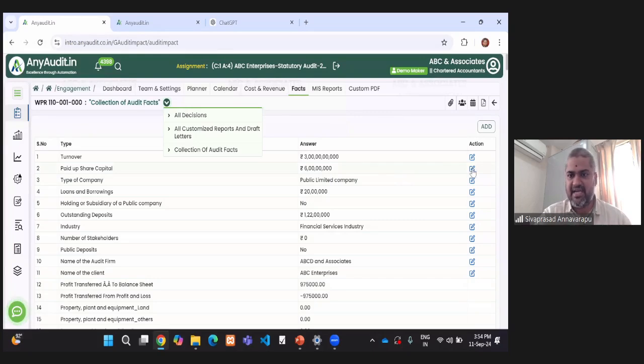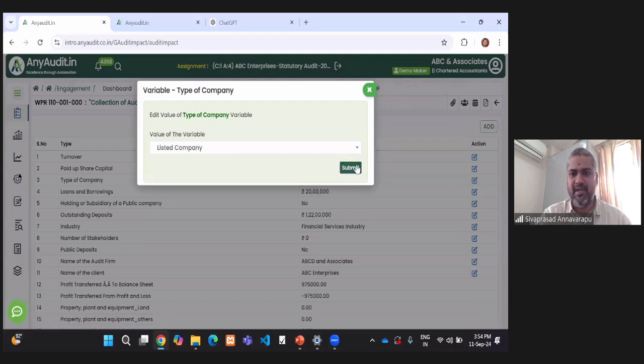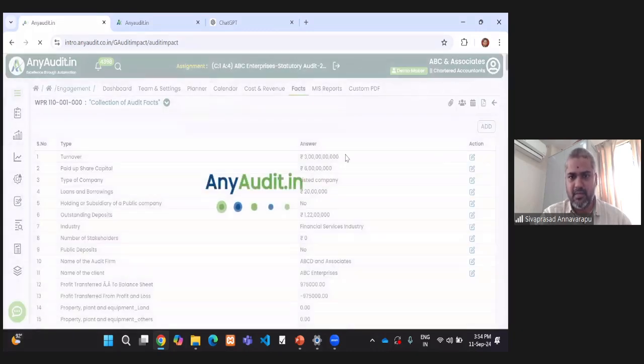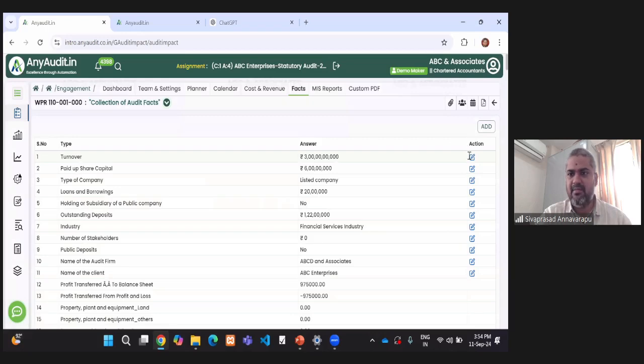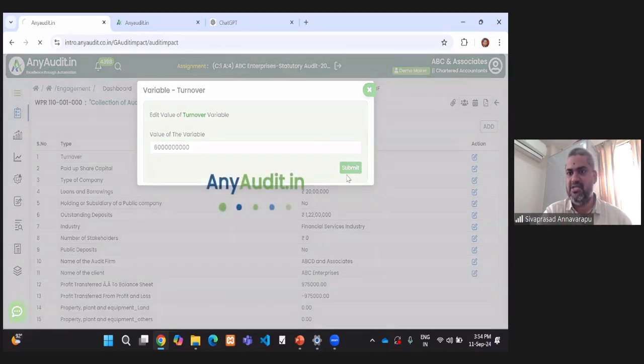Let us take it that I change this type of company from private limited to, let us say, listed company. And I alter the turnover from 3 crores, I'm making it 6 crores. So the moment I change it to 6 crores, the system considers this turnover and the nature of the company, and it draws a whole audit plan for me.